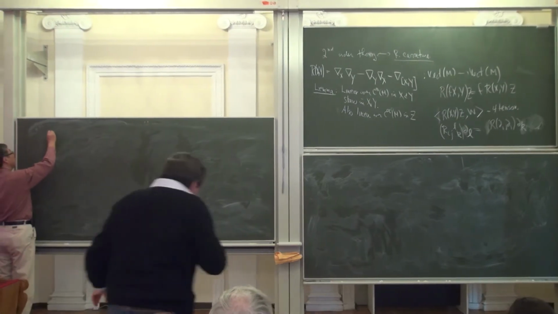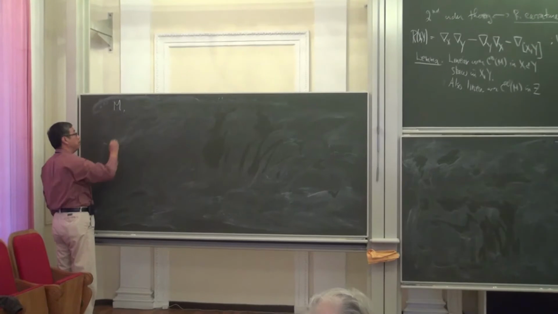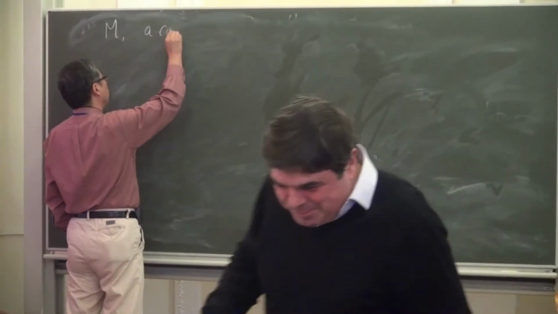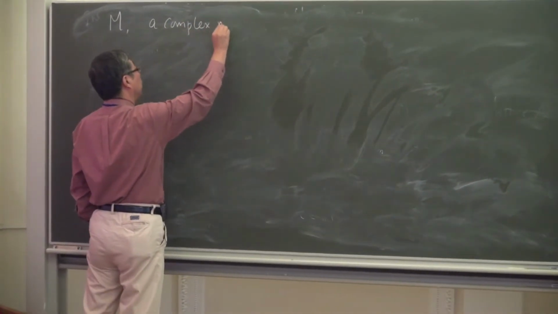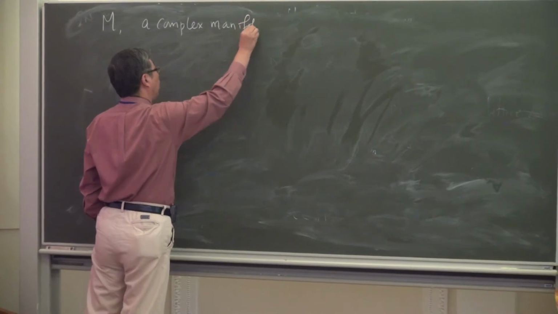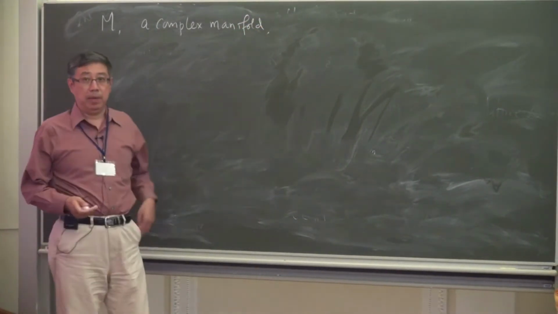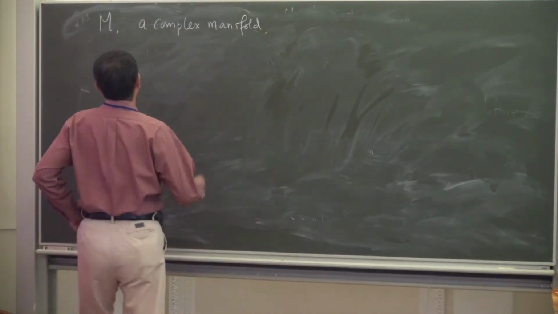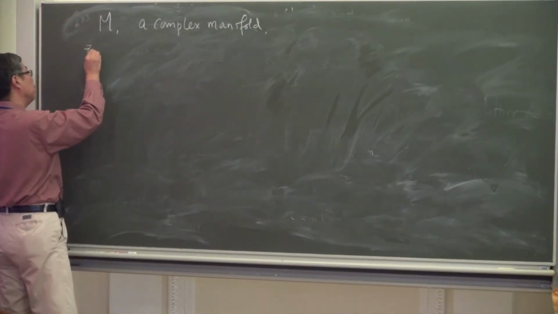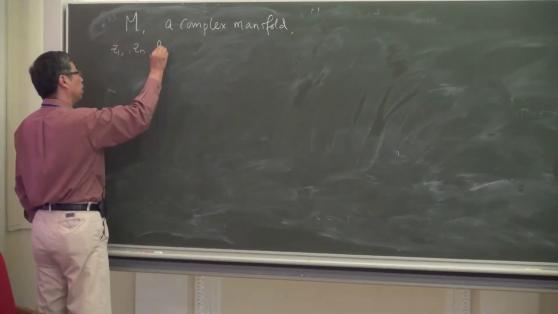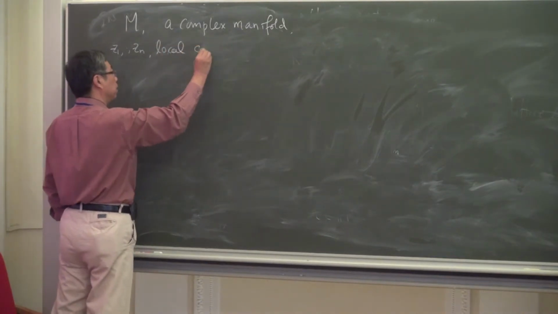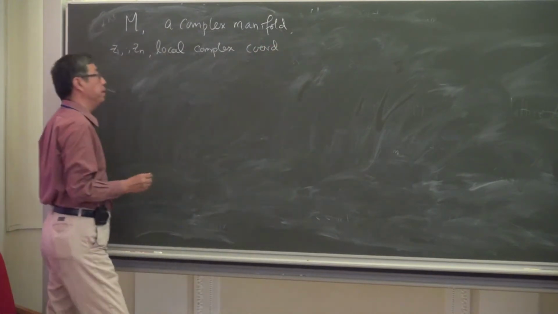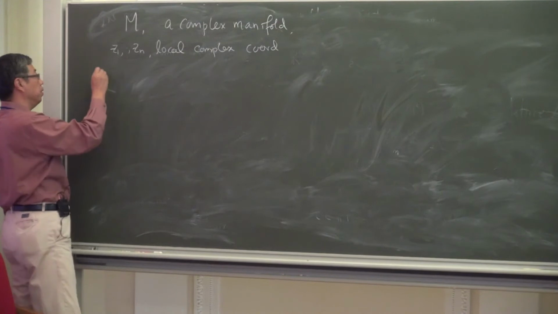So what is a Kahler manifold? In this talk, I assume M is first a complex manifold. Locally, it's covered by open sets in Euclidean space. So let's say in the local complex coordinates, a Kahler metric is given by